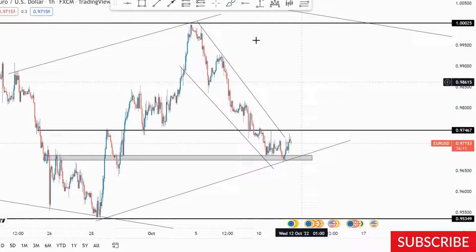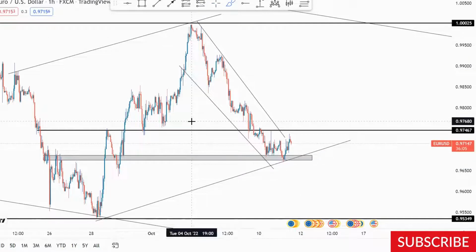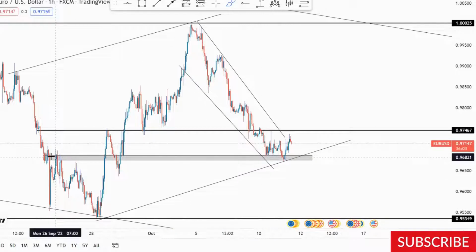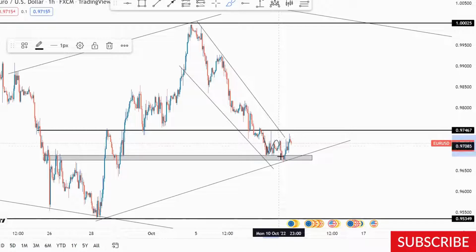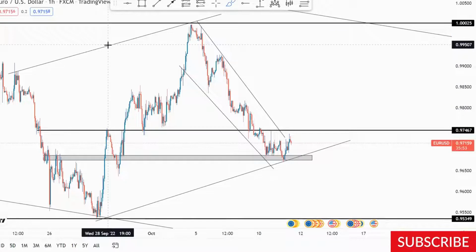So the market might want to test the support level one last time, which is why I'm saying we need to be patient, because if it comes back and respects the support, it might give us some sort of an inverse head and shoulders type of pattern before actually going to the upside. And it's going to be a very nice buy if it ends up being a buy,